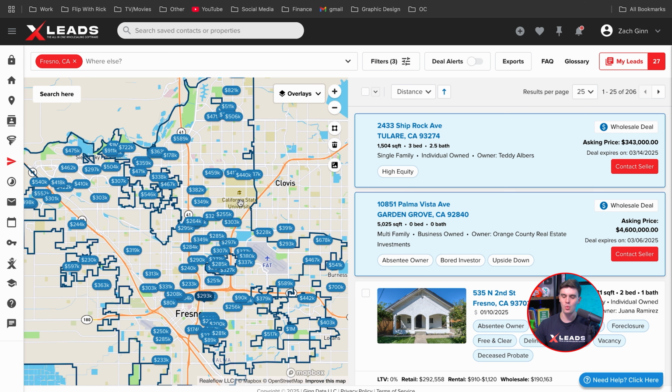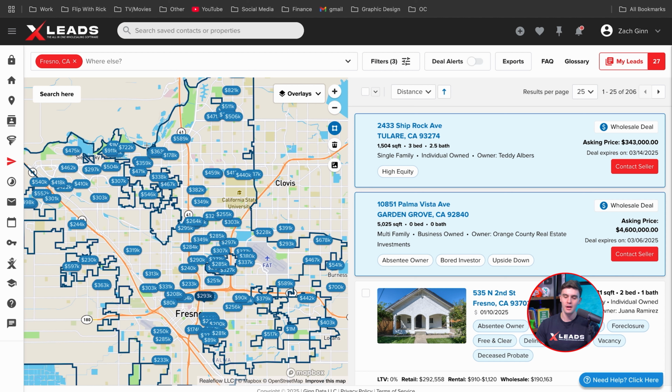Generally, we can kind of see where some of the cash sales are in the city. We can see there's a nice cluster right here. There's a nice cluster up here, but really this area is not that big for cash sales, right? Kind of on the south end and maybe on the west part, these are probably the nicer areas. And right here is a nice cluster. Of course, Fresno State's right here, and then a nice cluster up here. But these are the top areas. I'd probably say from here all the way to there would be the best one.